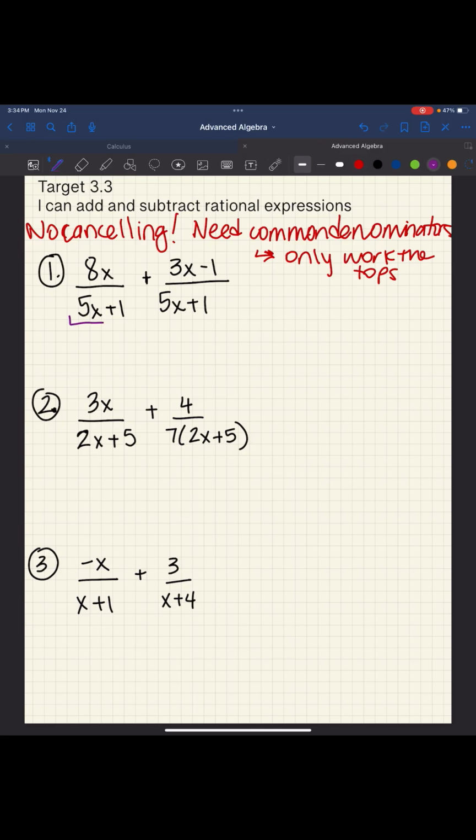So again, we wanted to identify that these are the same. So then we are just going to add the numerators. I guess I shouldn't use an exclamation. I should be like, that's the check. We need them to be the same, and if not, you'll see in number 2 how to modify that. Once they are the same, then we're ready to do the next step, which is add the tops. Okay, so we're going to take 8x, and we're going to add it with 3x minus 1, and that goes